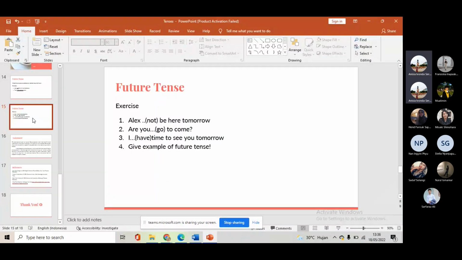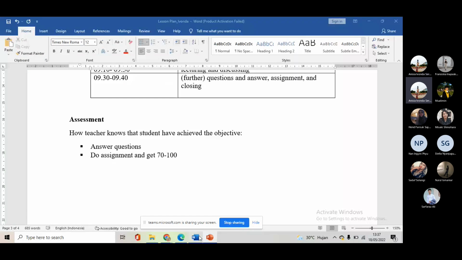example, example, so in the future tense, the exercise, they answer it. And go back to this Word.